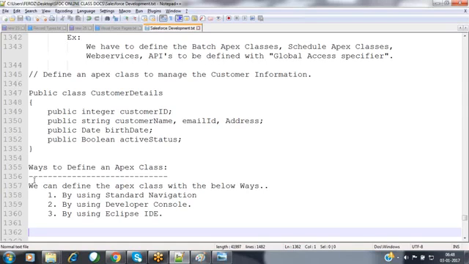Now we cannot use the execute anonymous window. Execute anonymous window is used to write some sample code and to execute it. But whenever you are creating an Apex class, this Apex class code will be sent to the force.com platform for compilation. It will compile that code. If there are no syntactical mistakes, it stores that code into the metadata repository. As soon as it saves that code into the metadata repository, the data will be tracked inside the Apex class object.